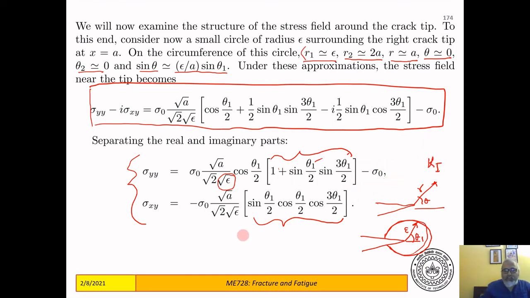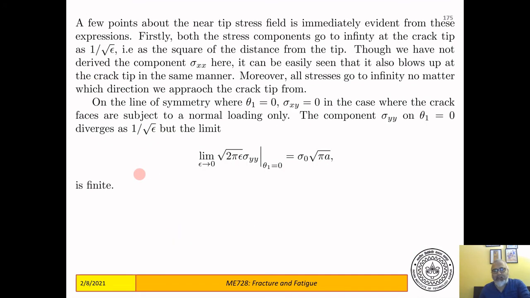In fact, by using the definition of K1, which is the limit as epsilon tends to 0 of root 2 pi epsilon sigma yy at x y equal to 0, I can actually find K1 from this equation. And that K1 would simply be sigma naught root pi a. If you calculate this limit, you will find that the limit comes out to be sigma naught root pi a, which is the value of K1 for this particular problem of a Griffith crack,